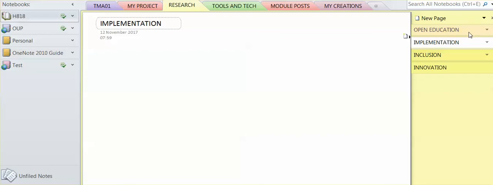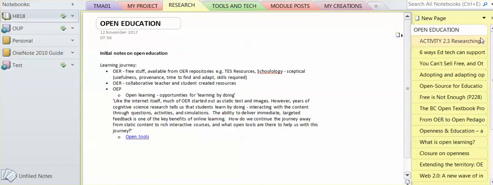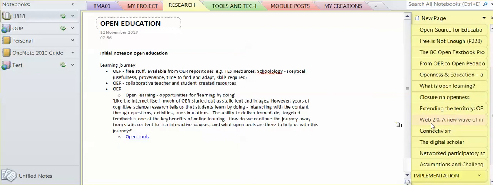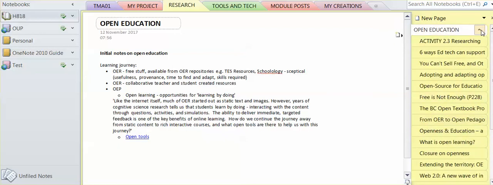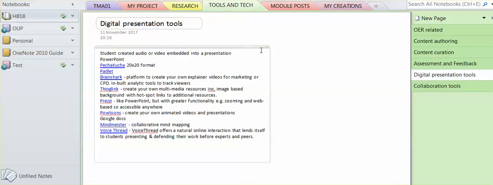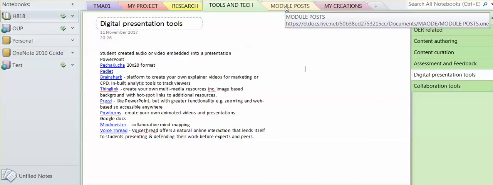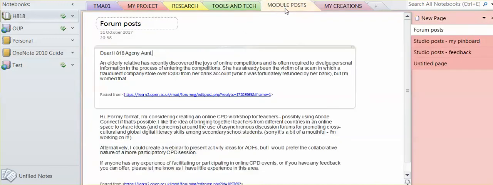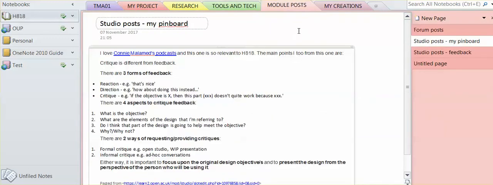I've also obviously found a lot of stuff on open education, which I've saved here in a separate folder. Other folders that I've created in my H818 notebook are across here. So I have one here for tools and technology, and I've categorised these by creating different pages for each type of tool over here. I've also got a folder tab here for any module posts,